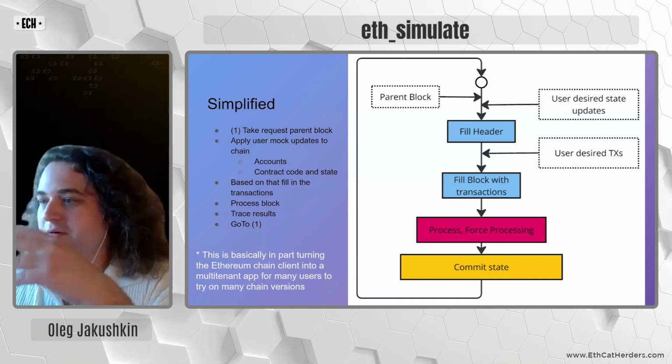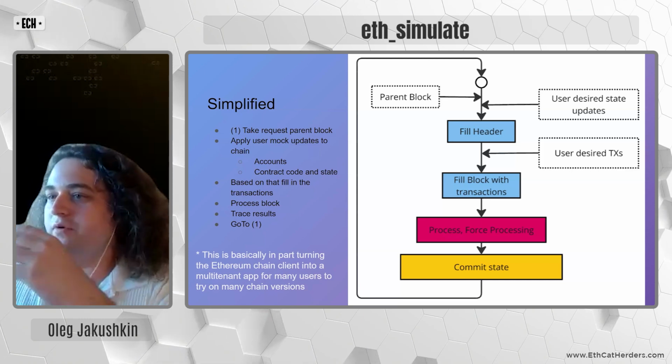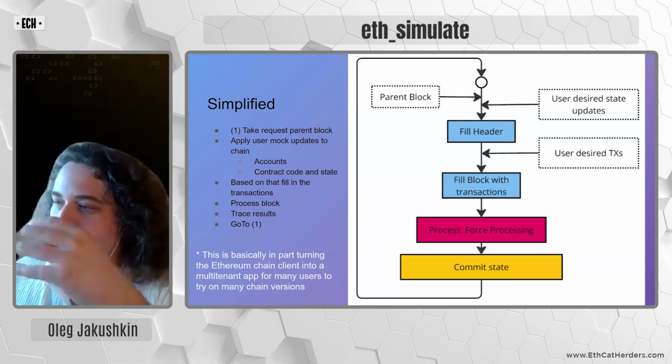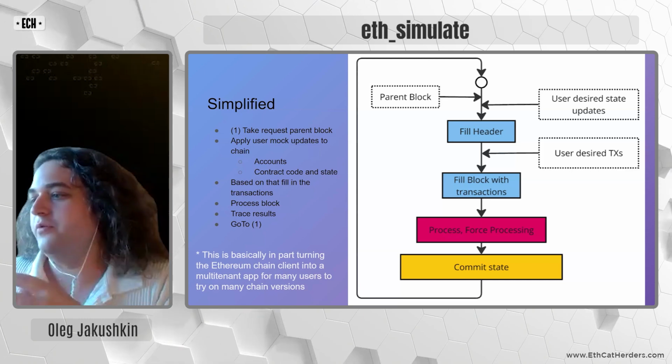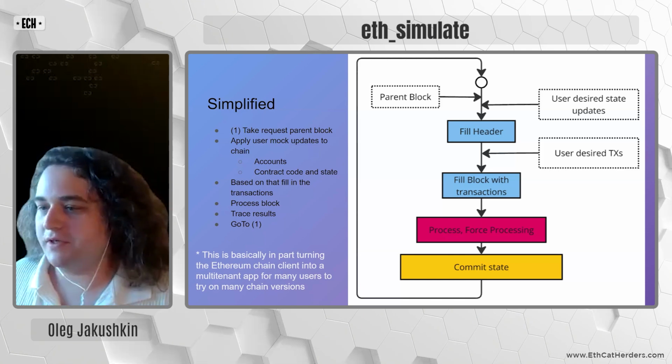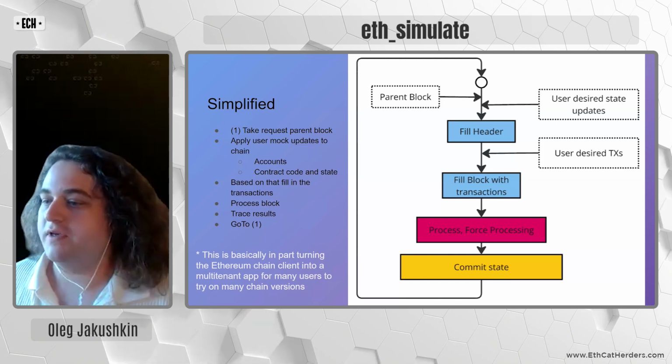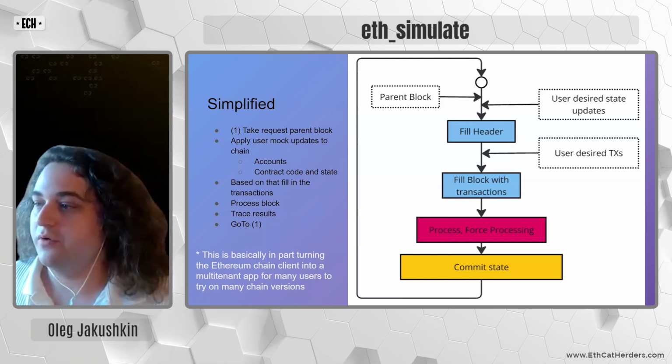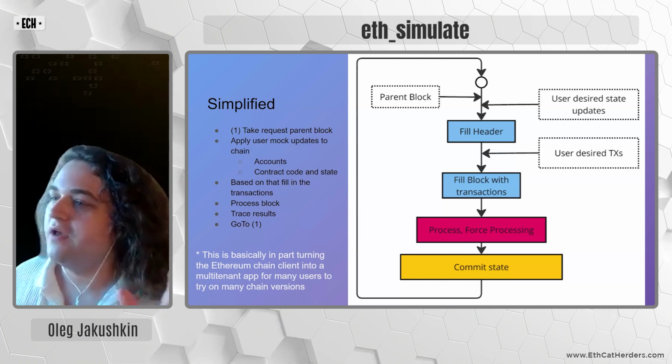And then when we come to block number 100, we will use its state, and from it we'll create a real block with transactions, we process it, we commit it, and then we return a traced result to our user. So this is the general way of how each